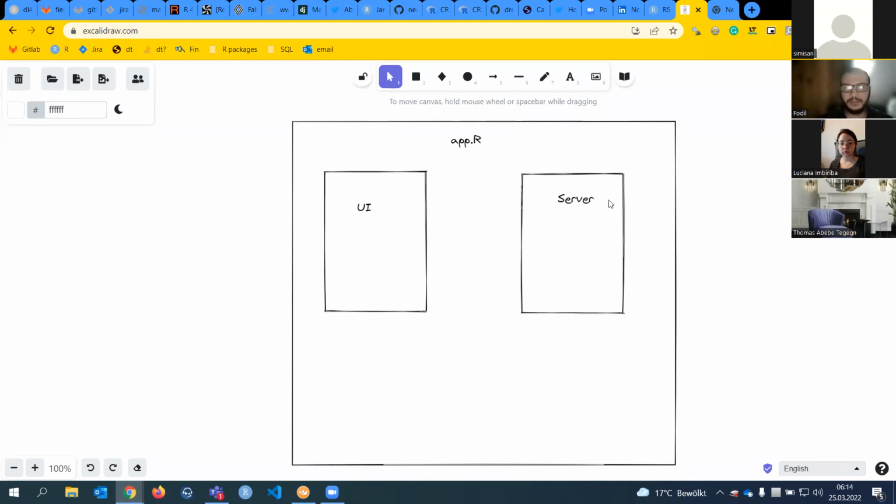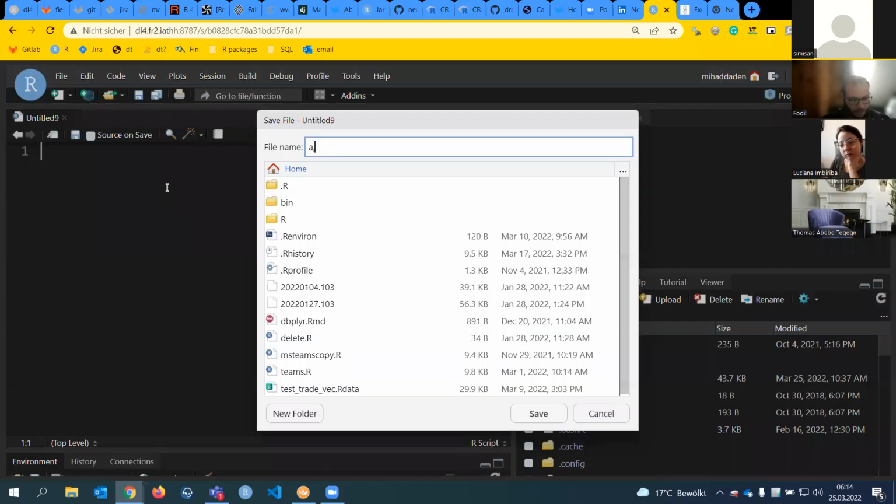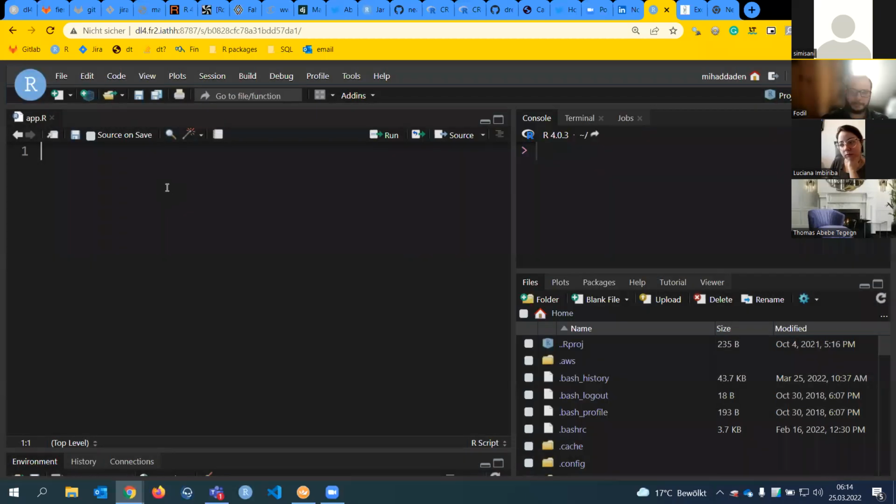So here, the first thing that we need to do is, I have the script here. It's not even saved. I can save it. I can call it app.R. You're not required to call it app.R, but this is the standard. And here I can just load Shiny. So this is the first thing that you can do. I load Shiny. Now we can use the functions. Now I can use my two components. I said we need two components, the UI and the server.